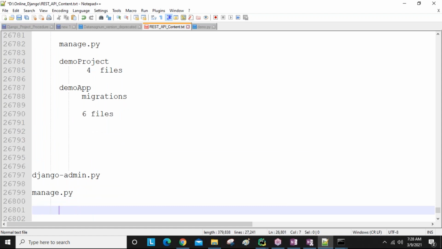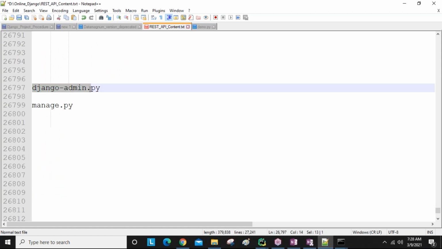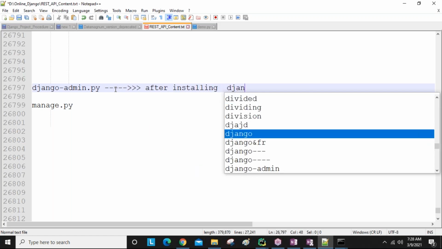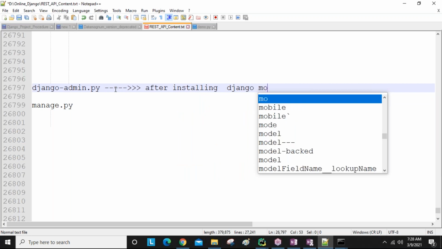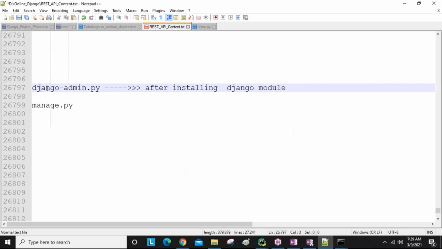You need to have knowledge about these two things. When does this django-admin file come into your system? After installing the Django module, am I right? After installing the Django module, this django-admin.py file comes into our software location.